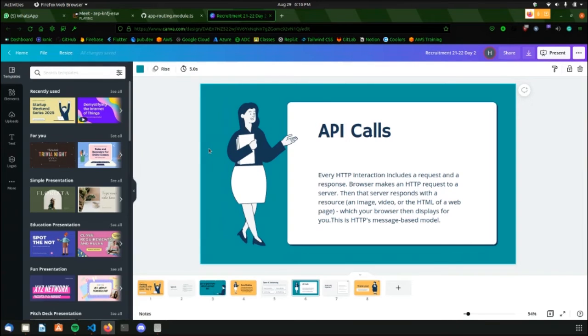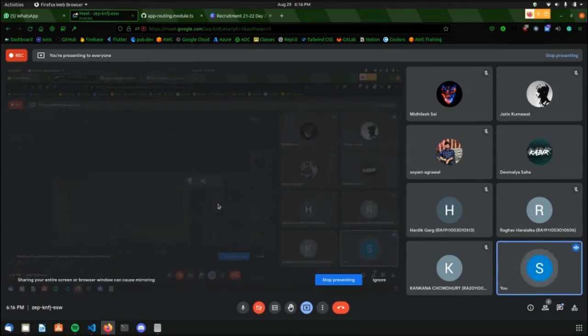So API calls communicate with each other, but we need some language for communication, right? For example, now I am conversing with you in English. You might converse amongst yourselves in Hindi, any language. But what languages do apps and servers communicate via? Does anybody have any idea?